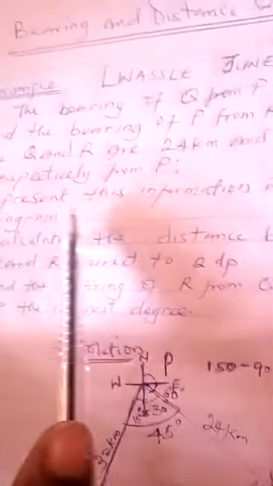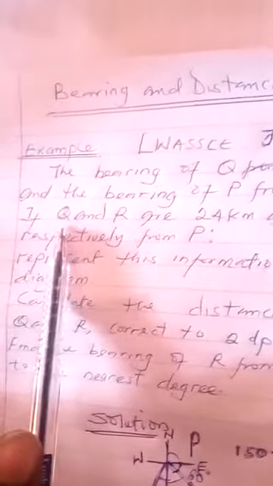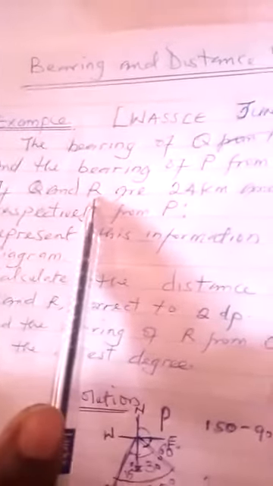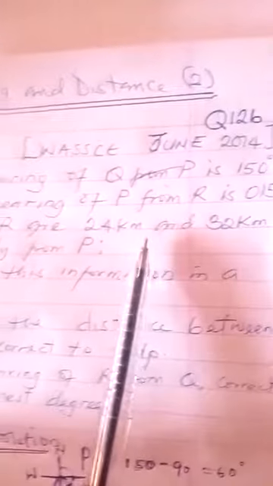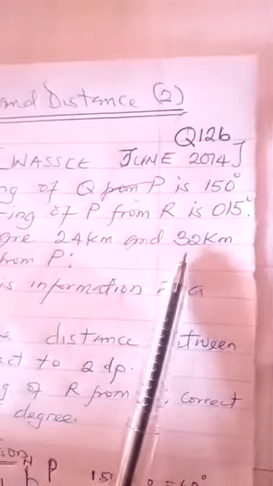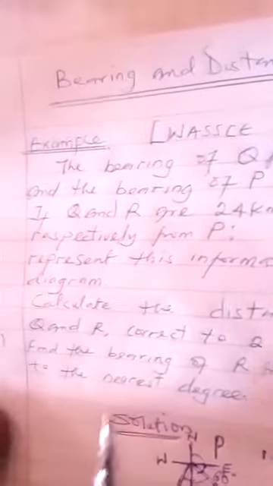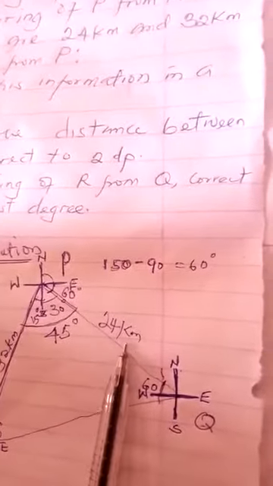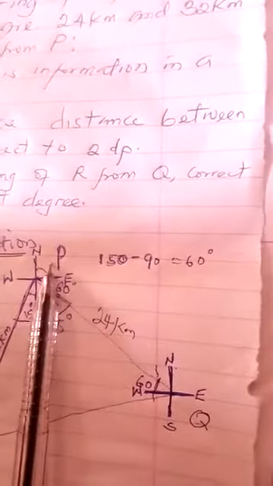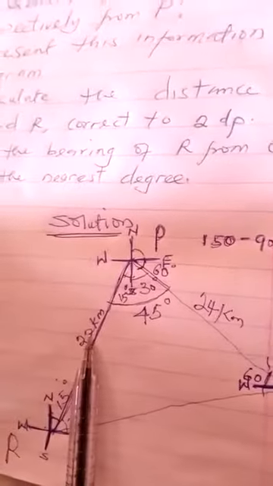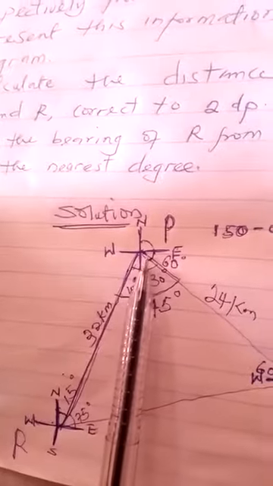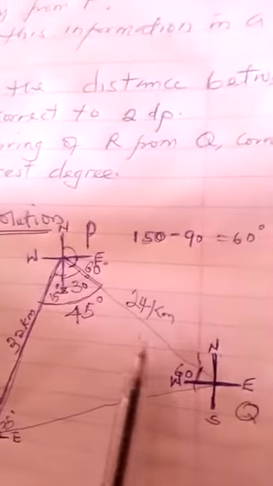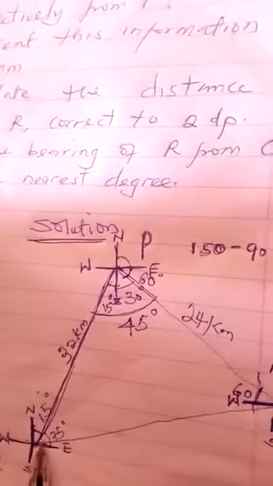The last statement from the question. If Q and R are 24 kilometers and 32 kilometers respectively from P, that means P to Q is 24 kilometers and P to R is 32 kilometers. Don't forget this topic is bearing and distance. As you are working on bearing, you must also work on your distance. So 24 is shorter than 32. To complete the shape,